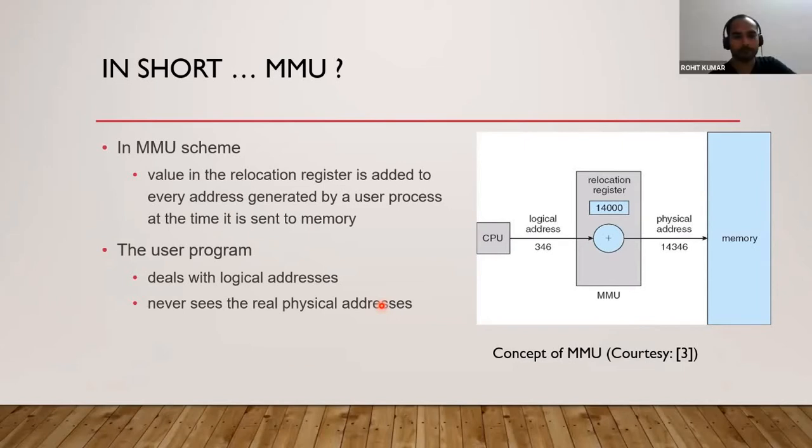Yeah. The user program only sees what the MMU gives it. Perfect. Because the user is not bothered about the mapping process. When you run a program, when you watch a movie, when you store something inside your system, do you bother about where your program is actually stored, at what particular memory location address? No, never. Because we are supposed to just make things function. We don't bother about the technical details.